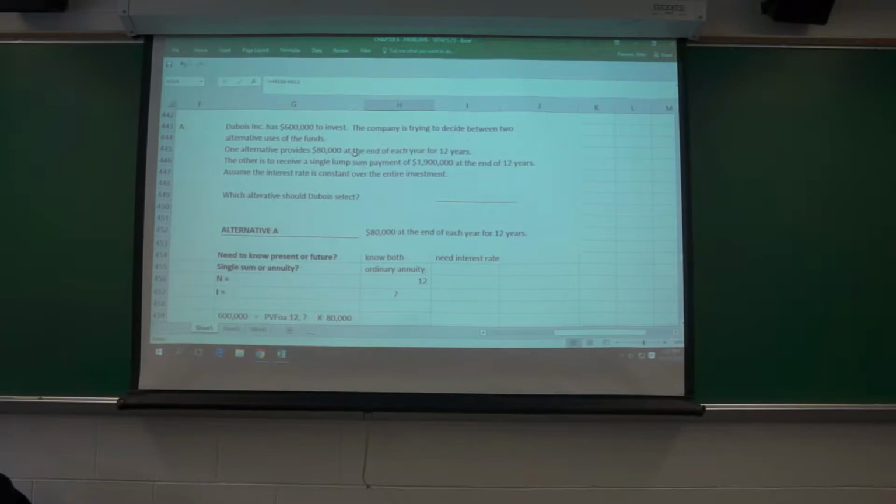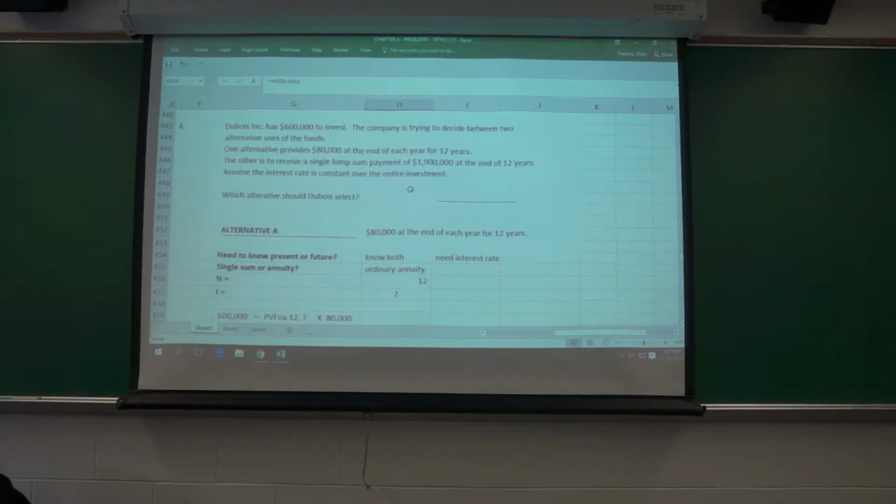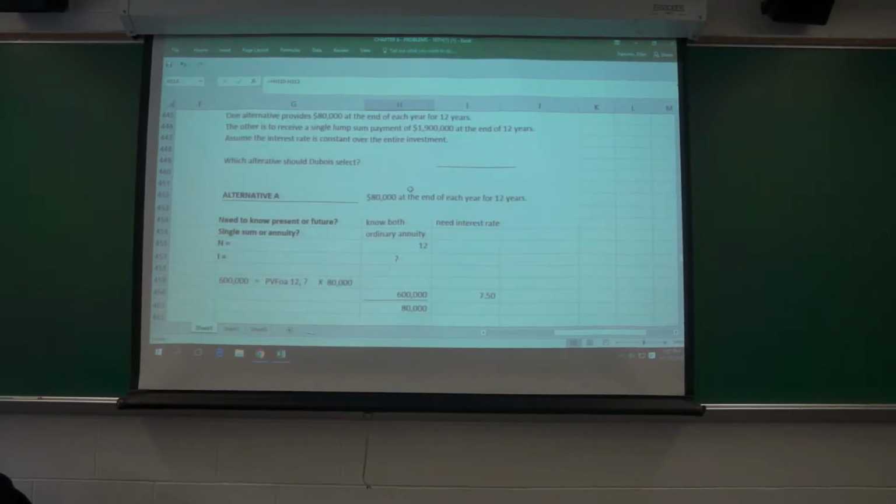So the company has some money to invest. They've got 2 alternatives. They can get $80,000 at the end of each year for 12 years, or they can get a single lump payment at the end of 12 years. And so which should they choose? Okay, so alternative A,